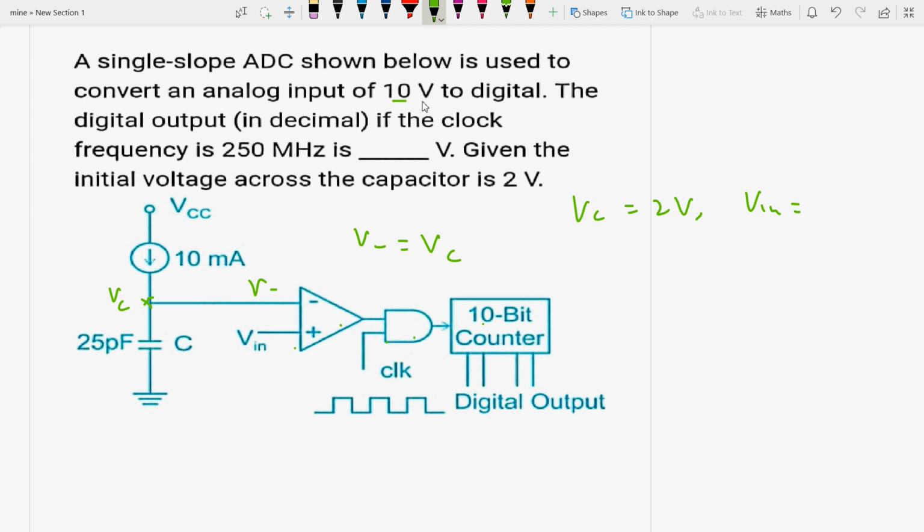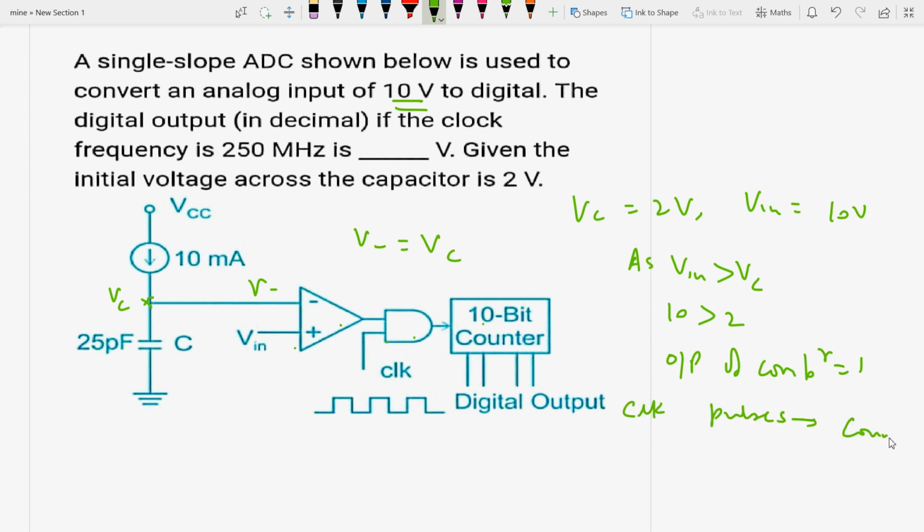As this V input is greater than VC, this 10 is greater than 2, the output of the comparator is 1. The clock pulses are going to reach the counter. You know, the counter counts the number of clock pulses applied at its input. So we need the time required by the